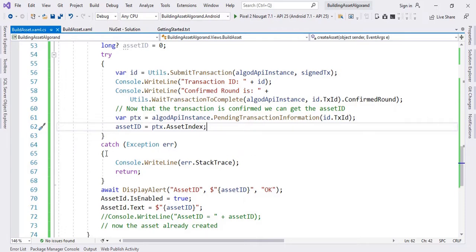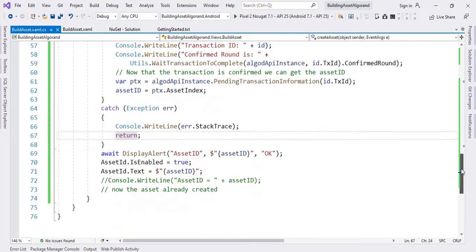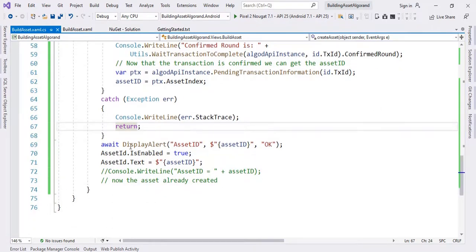Then we have catch exception. In case you come across an error, we can return a customized type of message that we want to return. Then down below we have await display alert. We're going to then display the asset ID back to our user on the UI, that's the user interface. And then after doing that, we're going to enable the asset ID entry field, which was